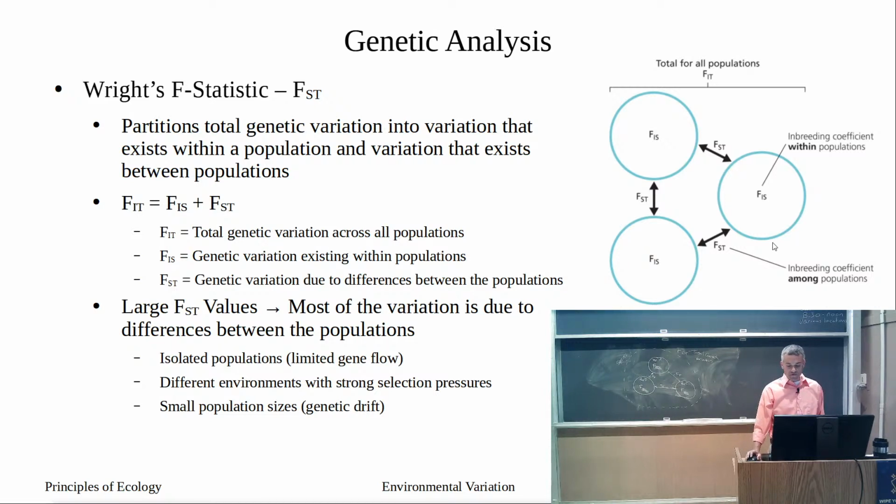Different environments with strong selection pressures. If this environment is very different from this, we're going to have a faster divergence because evolution is going to make our populations different. And then small population size, basically due to drift. If we're small population size, drift is going to take over and really start to